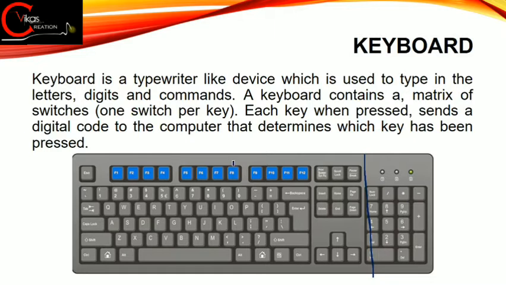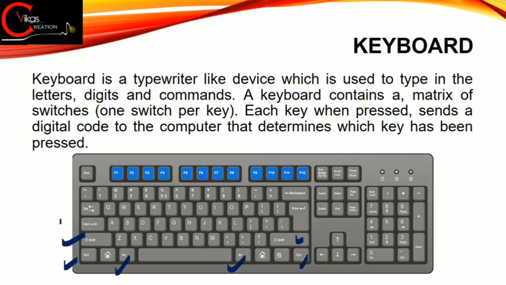Fine. In every keyboard we have 12 function keys, and on this side we have an escape key. Every function key has a specific function, and sometimes these are also used as shortcut keys. Along with that we also have 4 direction keys over here. These direction keys are generally used to move images or objects on our computer screen. Then we have some special keys like Control, Shift and Alt. Control, Shift and Alt keys are available in pairs. It means in each keyboard you will have 2 Shift, 2 Control and 2 Alt keys.